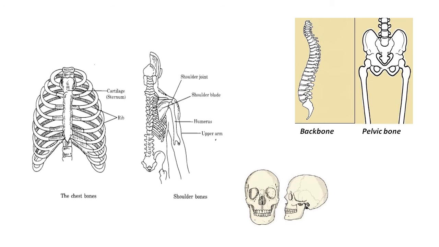So, each and every portion of the bones protects a different kind of delicate organ of our body. The chest bone protects the lungs and the heart. Shoulder bones protect the movement of the arms. The backbone protects the spinal cord. Pelvic bone also protects the stomach and the organs lying below the stomach. Similarly, the skull protects the brain. So, the bones protect different kinds of organs present in different regions of our body.